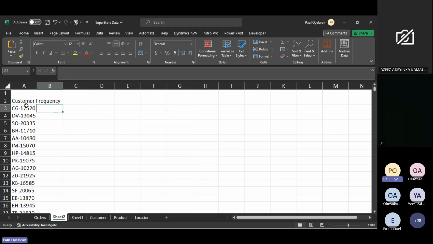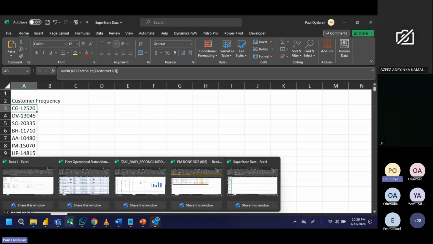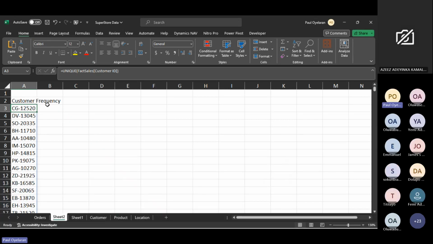First of all, when you have that kind of question in any interview, first get the unique values of those items. It's a function that I use every time. You can see in most of my work, I use unique and countif. So what to do is